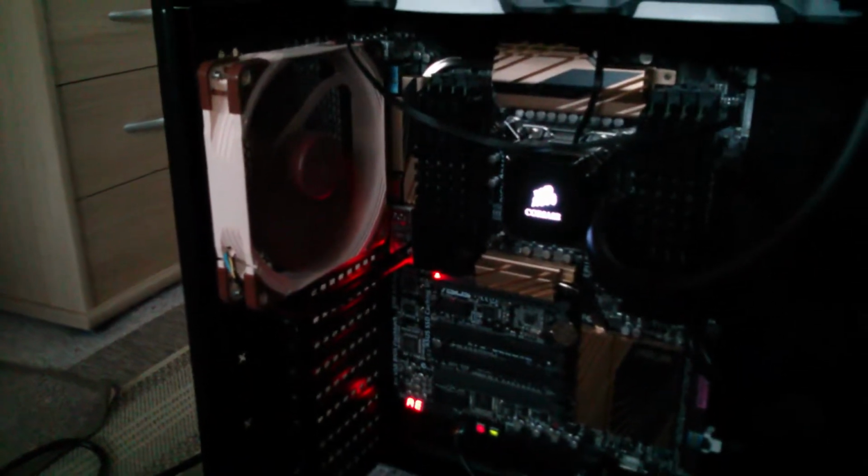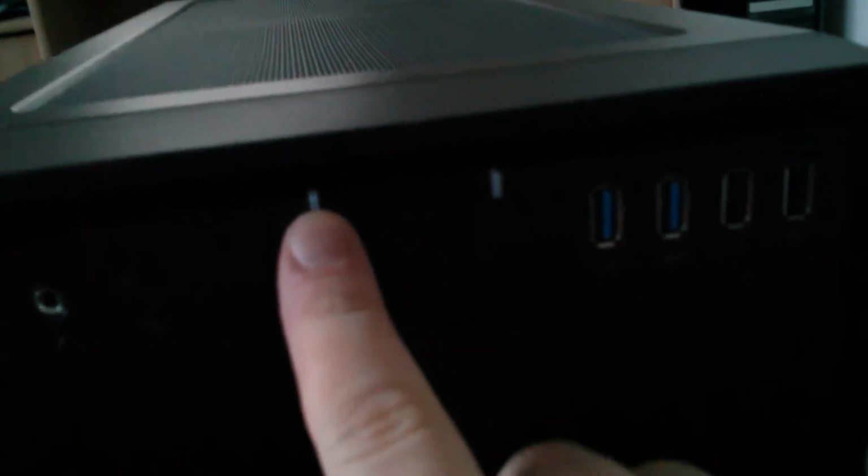So I wanted to do a quick video on quality, because even though, as you can see, I got my computer roughly running and all that, there are problems with this, which means that I've got to pretty much return 90% of it. First off, the Corsair case, as you can see, this left one is supposed to be